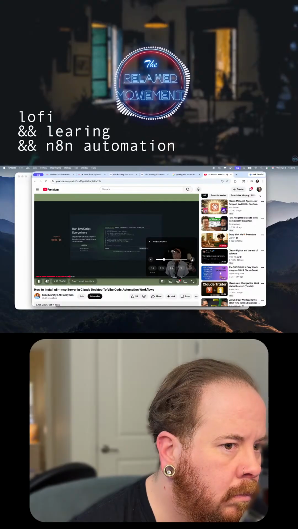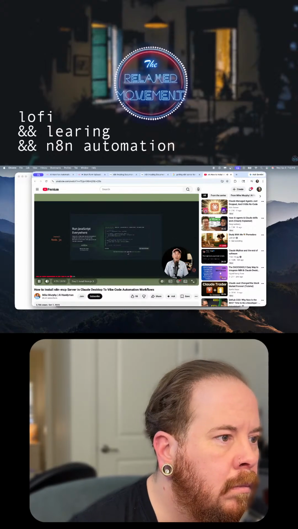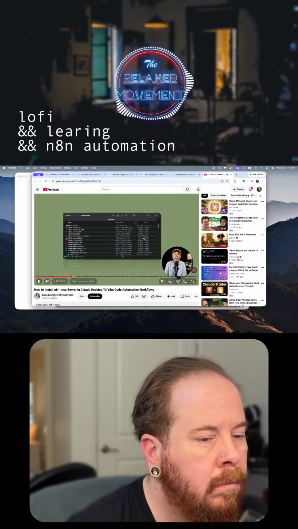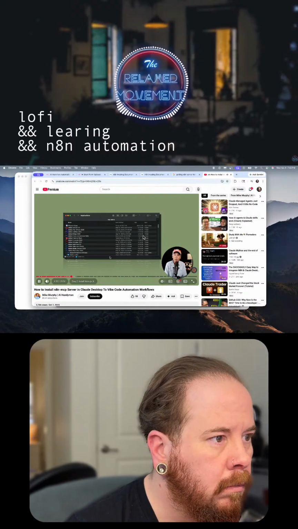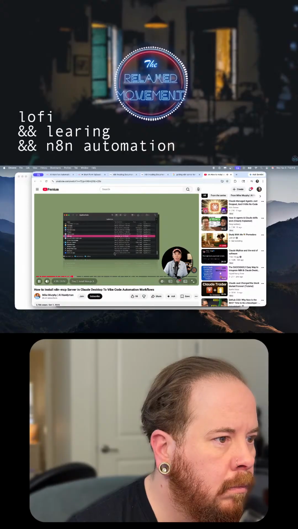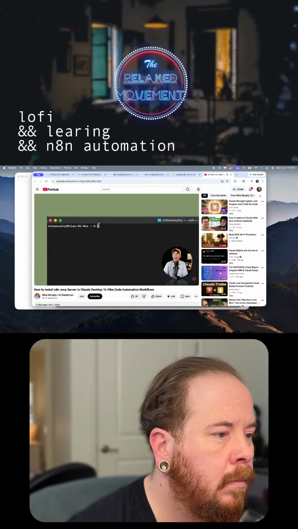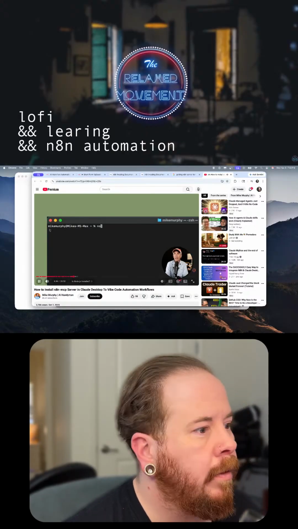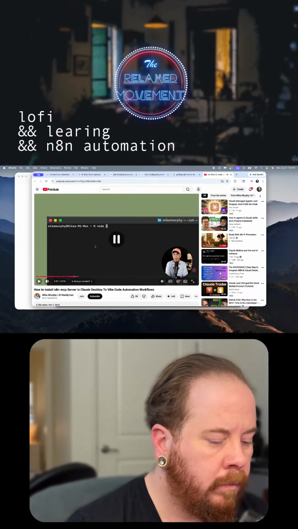Step 2. Install Node.js. Node.js, it's free, open source, cross-platform. It just allows you to run JavaScript on your computer. To check and see if you already have Node.js installed on your computer, I'm on a Mac. I'm going to open up the Applications folder. I'm going to scroll down to the bottom until I see the Utilities folder. So I'll just double-click to open up the terminal. I'll click and just start typing node, N-O-D-E, space.